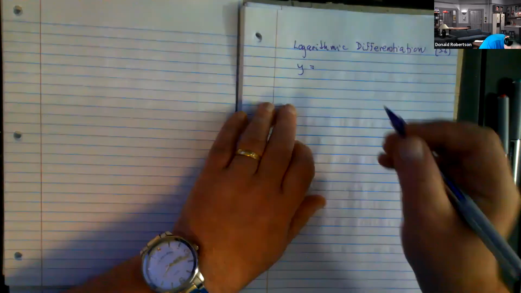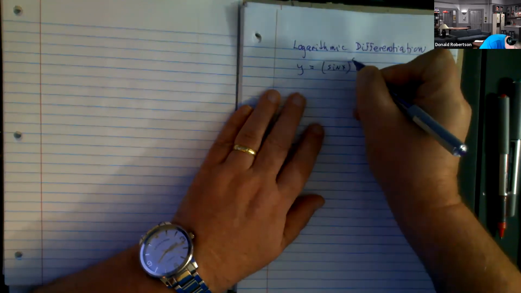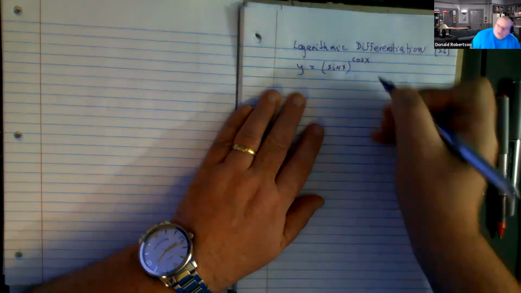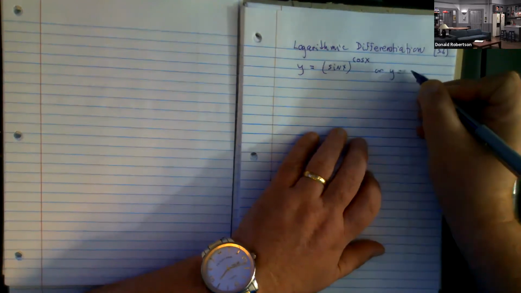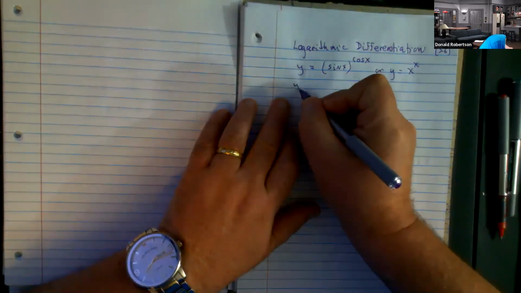Well, what the logarithmic differentiation process does is it allows you to differentiate really ugly powers or really large multiplications. So it allows you to do things like differentiate the sine of x to the power of cosine x, or x to the power of x, weird powers. It also allows you to differentiate